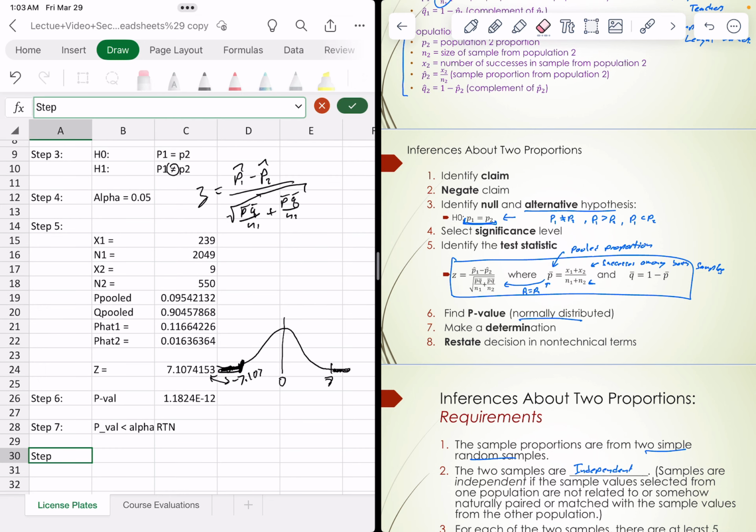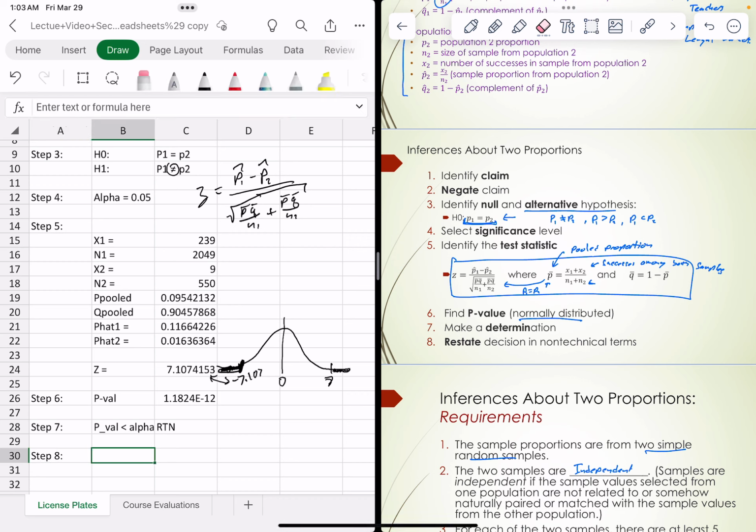Step 8, I reject the null, so that means there is evidence. When I reject the null, I get evidence. When I don't reject the null, I don't get evidence. What do I mean by that? For my step 8 summary, there is sufficient evidence to conclude